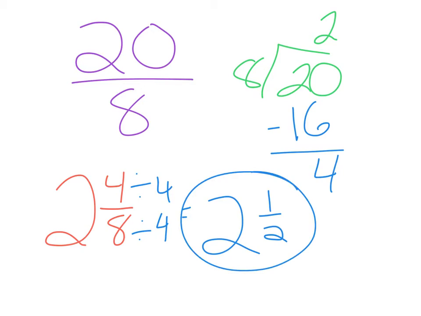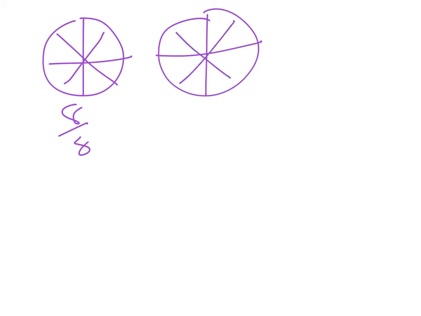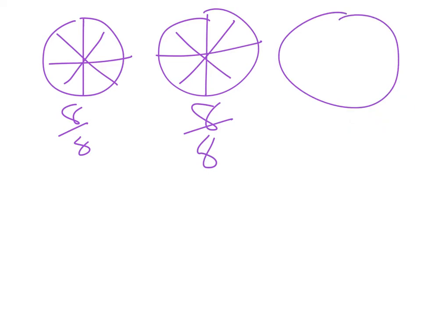And if we were to look at 20/8ths in terms of our pizzas, here's a pizza cut into 8 slices. So this shows us 8/8 of a pizza. Here's another pizza cut into 8 slices. So there's 8/8, giving me a total of 16/8 so far. But then my last pizza that was cut into 8 slices,